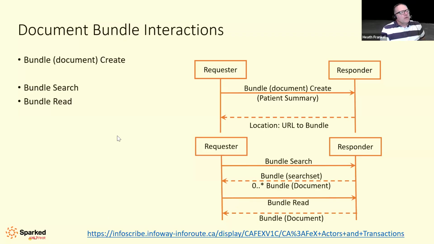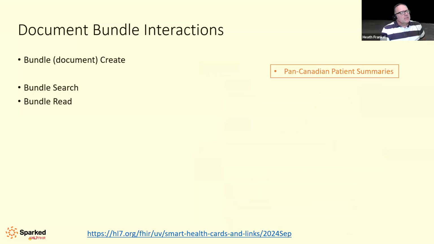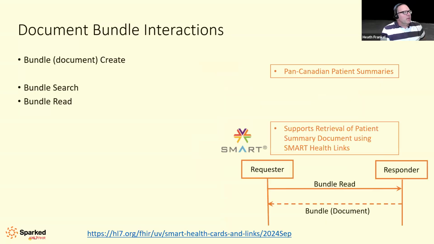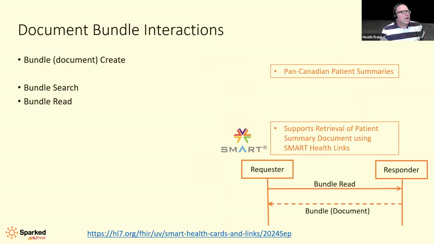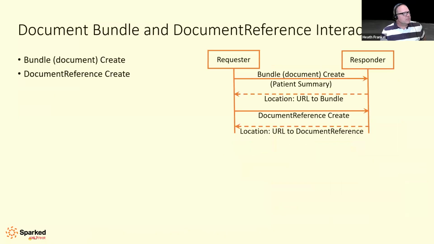This is one of those options that the Canadian Patient Summary Project uses, and it is also quite commonly used as part of SMART Health Links to simply retrieve a generated bundle of a patient summary. So the URL in the health link is the actual bundle URL itself. So next one